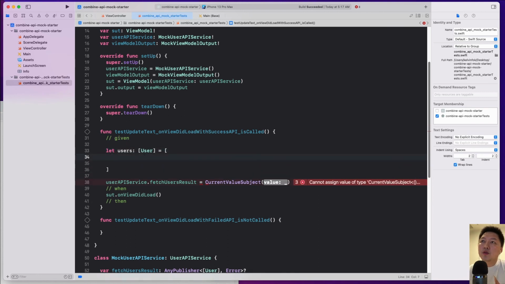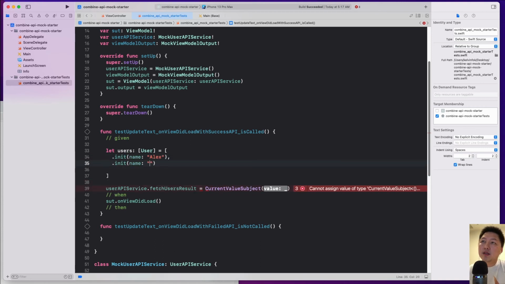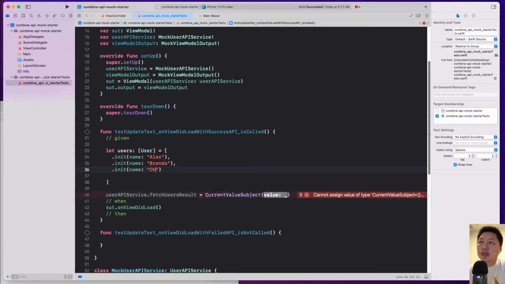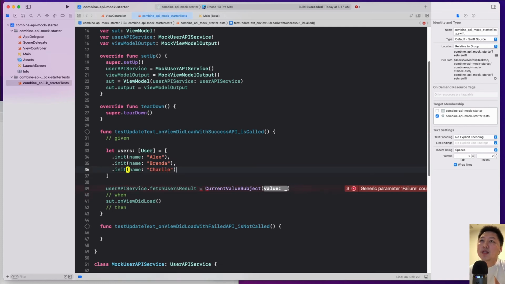Okay, so I can do .init. I just have to pass in the name, so maybe let's call him Alex. .init, let's call this Brenda, and then let's have maybe Charlie. All right, so just like that, I can pass in the users over here, and I have to erase this